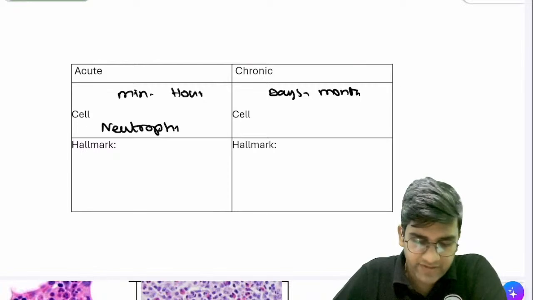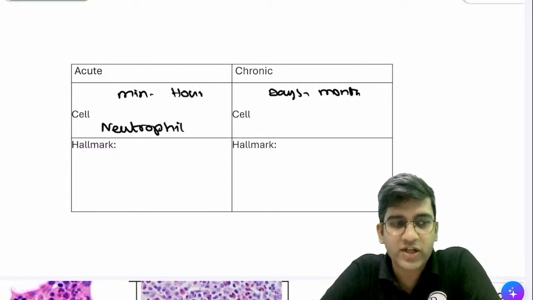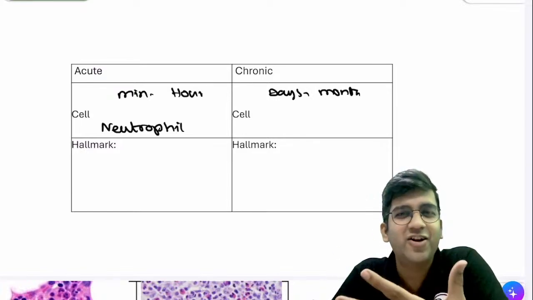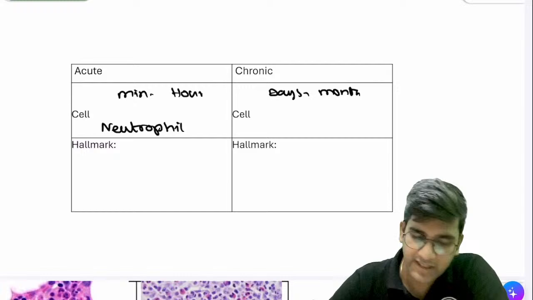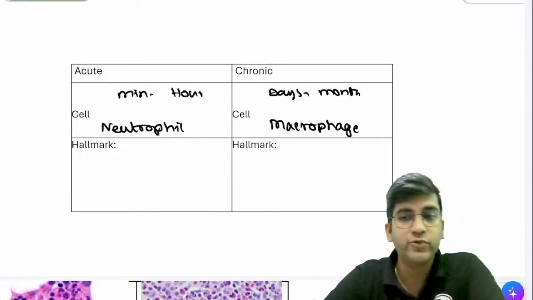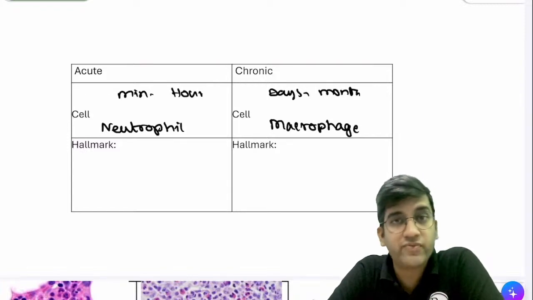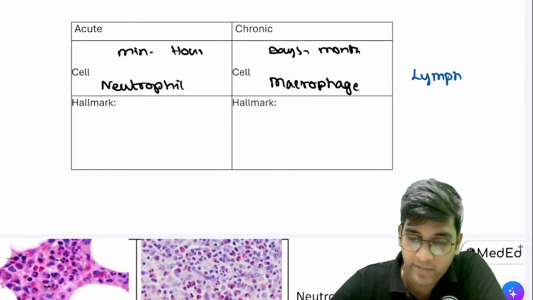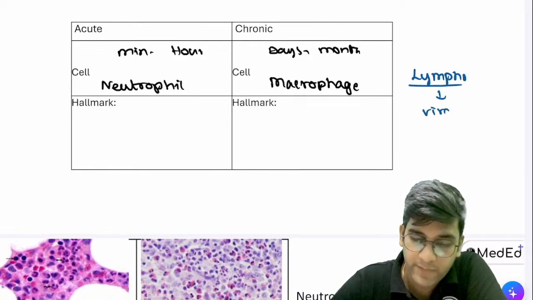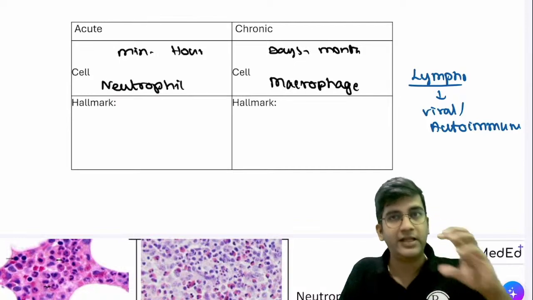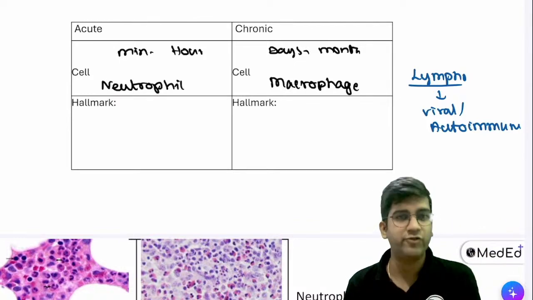Can anyone tell me the inflammatory cell for chronic inflammation? Generally we mistake it and call it something else, right? I have five or six WBCs at most. Tell me whatever comes to your mind. Chronic inflammation is going to be macrophages. Please don't write lymphocytes. Lymphocytes are not the cell of chronic inflammation. Macrophage is the cell of chronic inflammation. But yes, we do have lymphocytes also. If the chronic inflammation is due to a viral etiology or an autoimmune etiology, then I'm going to think about lymphocytes, right? Remember this. I'll tell you how to extrapolate to multiple things. Just a little information is enough for us to learn things, right?